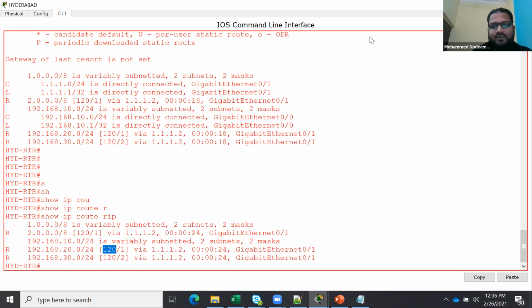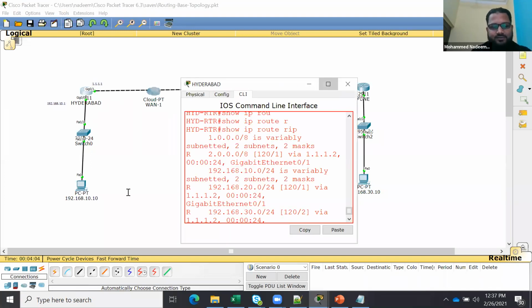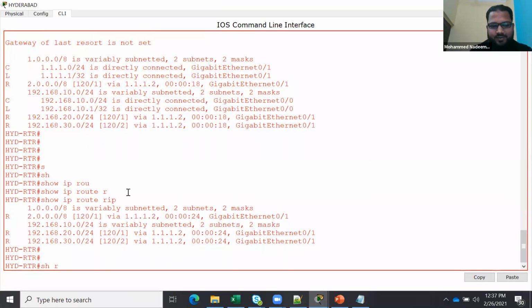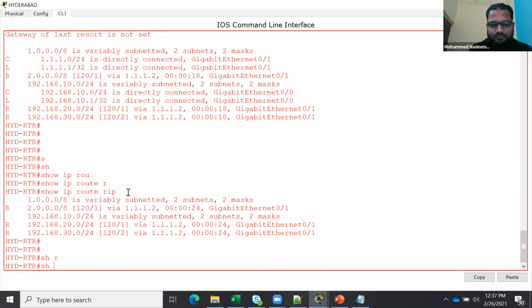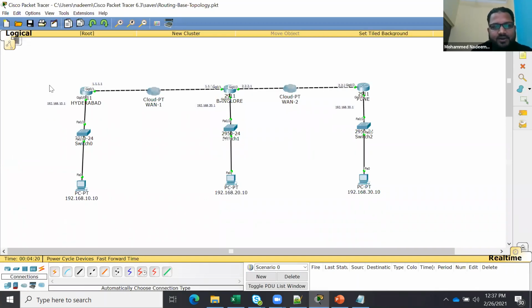So what happens is, in dynamic routing, we define our own directly connected networks here, here, here. By using the dynamic protocol, RIP is the protocol. It has an algorithm. It has the features. When they become neighbors, Hyderabad will share its own routing table to Bangalore.